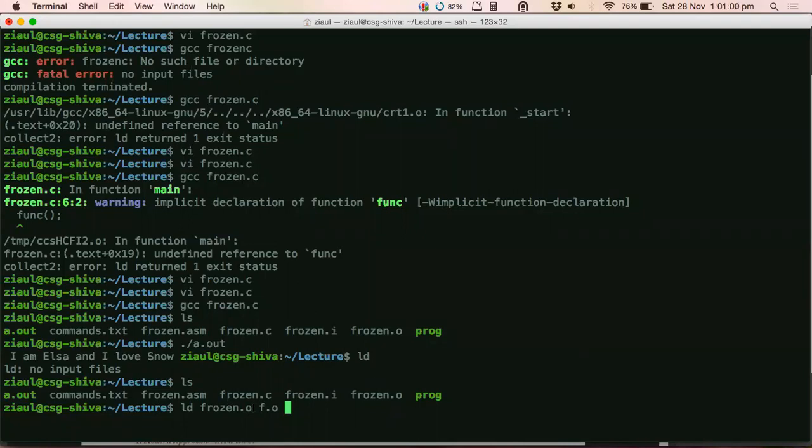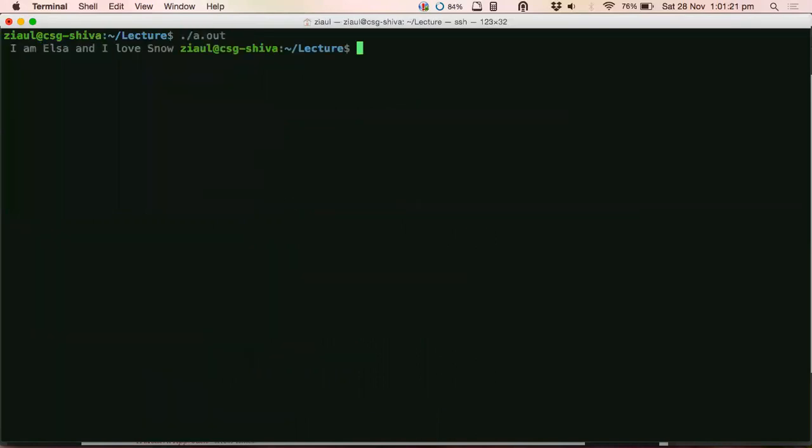See, there are a lot of steps from your C file to your exe file, right? There are at least 5 or 6 steps: pre-processing, then compiling, then assembling, then linking and loading. But when I just did gcc frozen.c, I got the exe in a second, and then I can run this exe. So all the steps are happening without my knowledge. Did you see me typing CPP, typing the linker separately? You didn't, right? GCC is like this blanket call which will call all of these different steps for me under the hood. I don't have to invoke them separately.